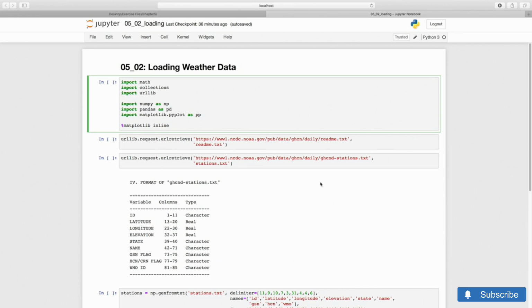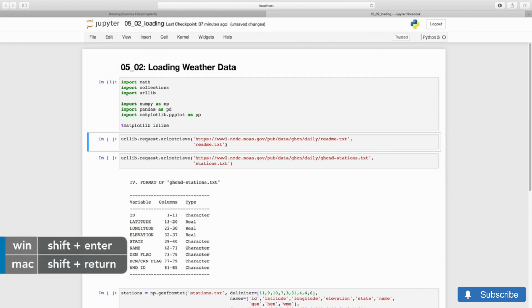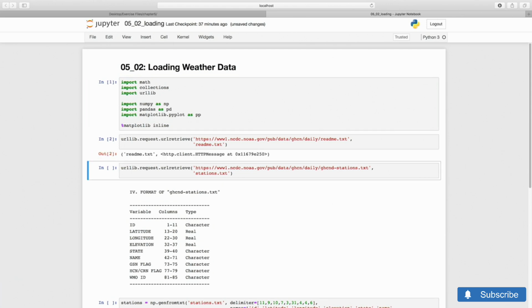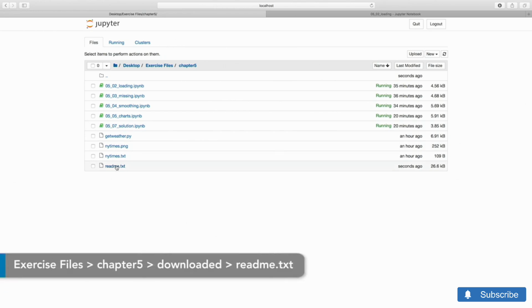Instead of clicking on that link in our browser, let's use Python to download the file. There are several Python modules we could use, but for a simple download, the standard library module urllib is quite appropriate. urllib.request.urlretrieve needs the URL and the name of a local file. It's done already. We can use the Jupyter Notebook to look at the README file by clicking on it.